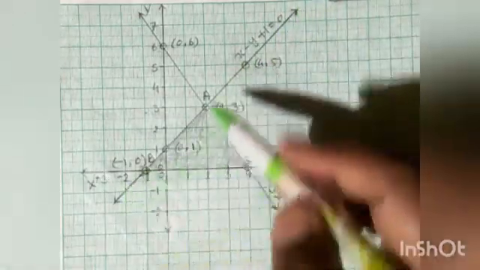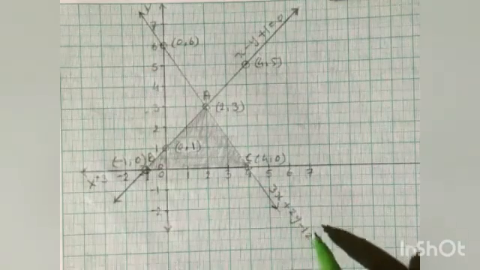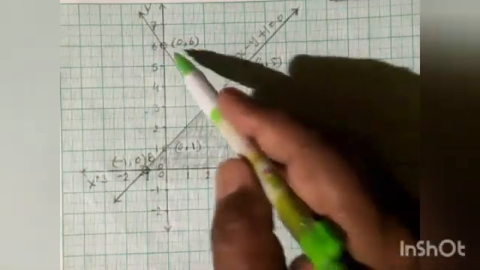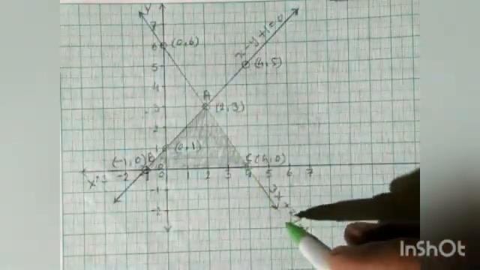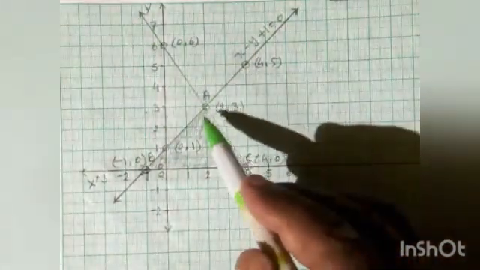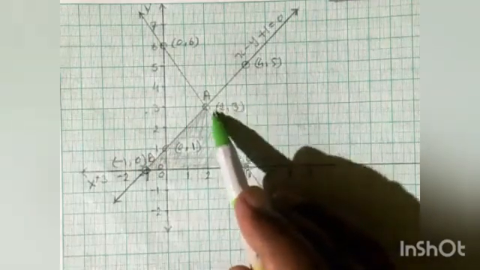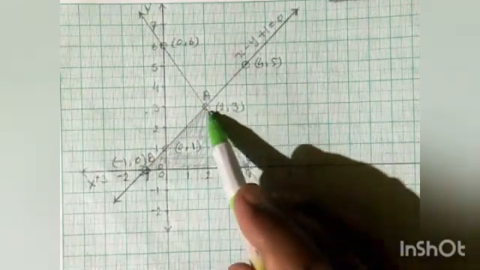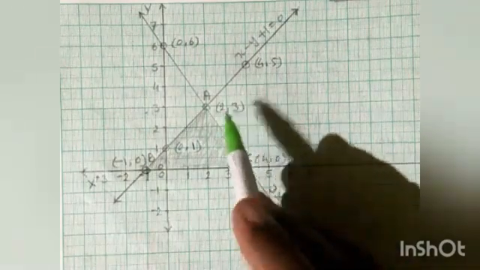Here it is a straight line. Similarly for equation number 2, that is 3x plus 2y minus 12 equal to 0, the points are 0, 6, 2, 3 and 4, 0. So here it is also a straight line. And these two lines are intersecting at point 2, 3. So it is the solution of the pair of equations. So here x equal to 2 and y equal to 3 is the solution.